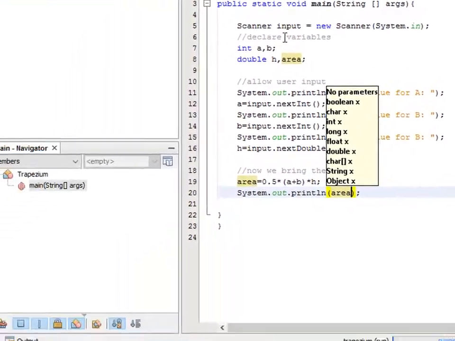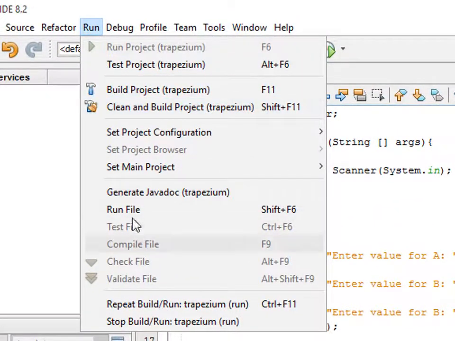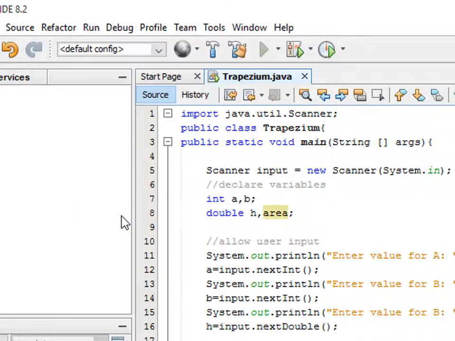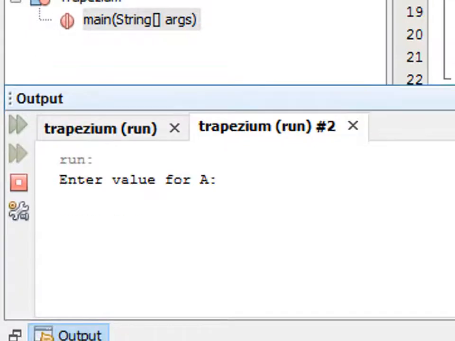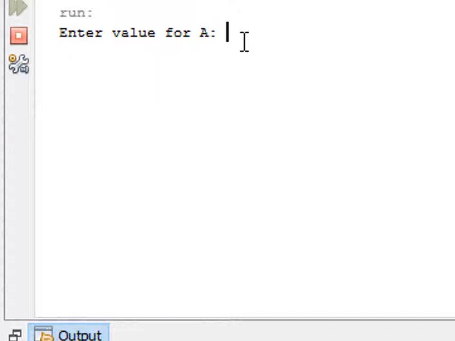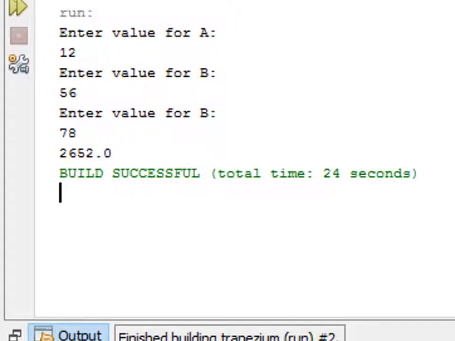So if you run this, it's asking for the value of A. So the value of A can say like 12. Enter. Value of B can say like 56. Enter. Value for H. Let us change here for it to be the value of H. It has to be, let's say, like 78. Enter. The area is